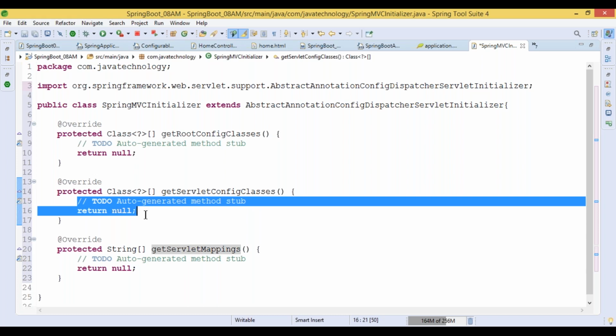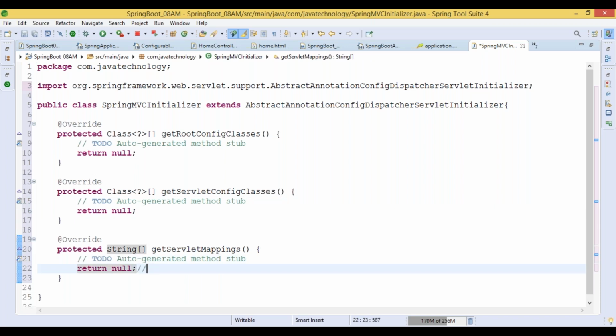And what about the remaining two? Servlet mapping. In web.xml, we are giving that mapping, right? As /.jsp, that view concept. URL related information, yes, we can call it that. Okay. And what about this root config?